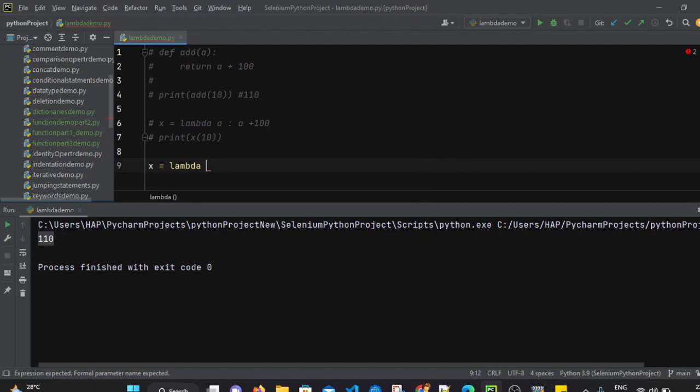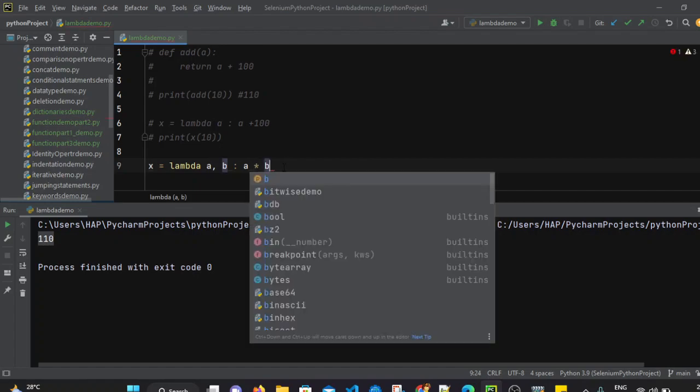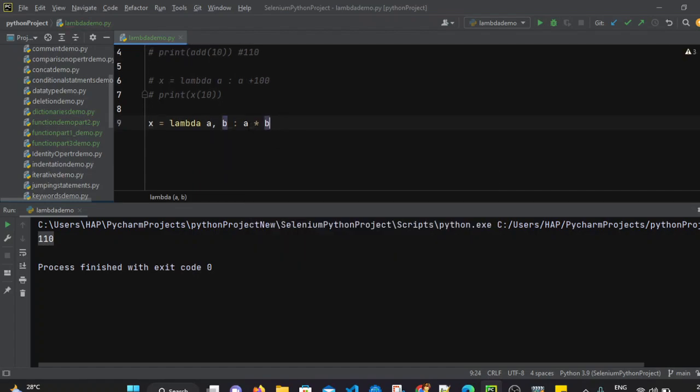Let's say a, and if I want to pass another parameter, I can simply use comma and then b and then colon. After colon we have to add the expression, the operation which we want to perform on the parameters which we passed here. I will say return simply a into b. So I am just multiplying a and b.